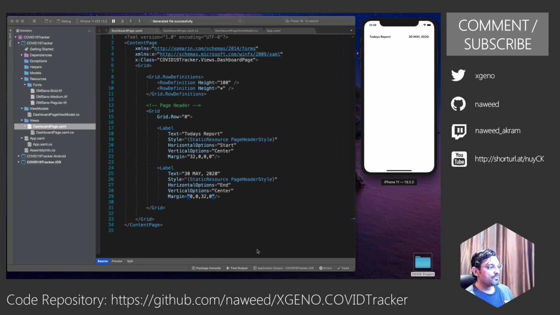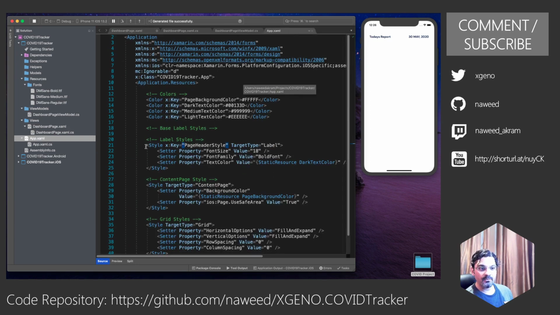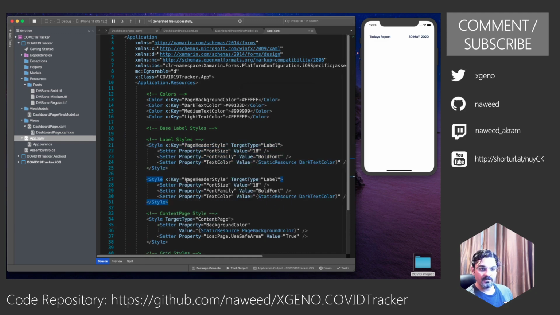But we are going to make it a little bit different. So instead of the regular page header style, maybe we'll define a style called small page header style, and maybe lighter in color as well. Let me copy this. Let's call it small page header style.